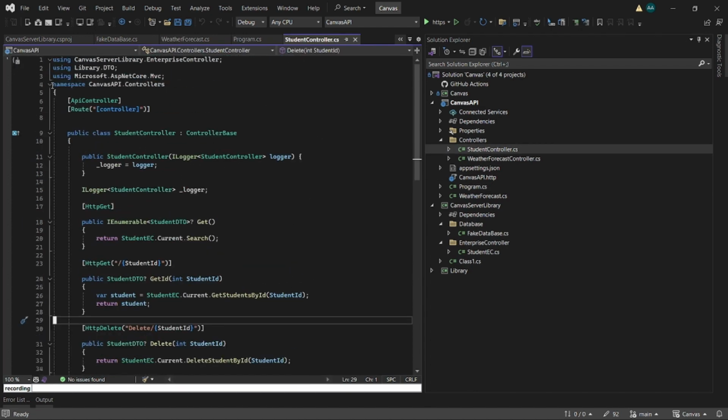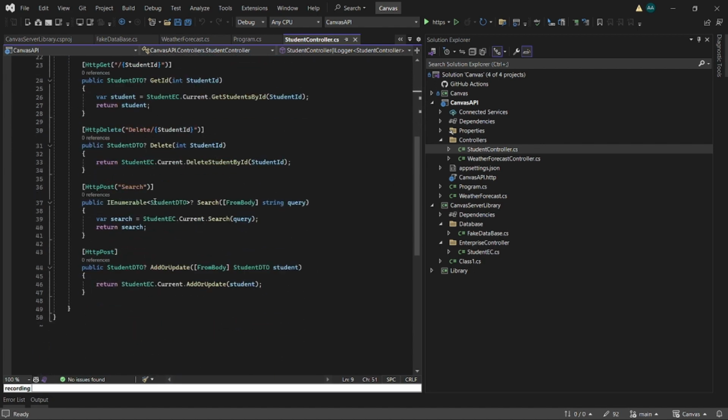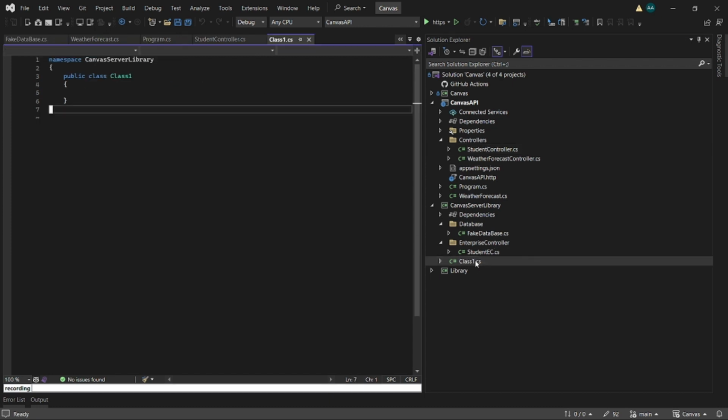So you can check out the student controller. It's the API. It's just the basic get ID, delete, search, add or update, essentially. Not too complicated. It's not fully fledged,